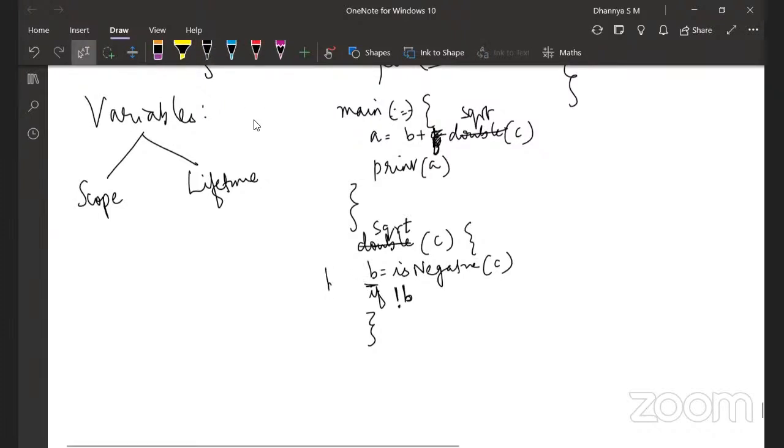So I'm just getting some Boolean value. Okay. Is negative C, if not B, then return. You have some method that will compute the square. So square root, actual square. Okay. And I'm not going to write the